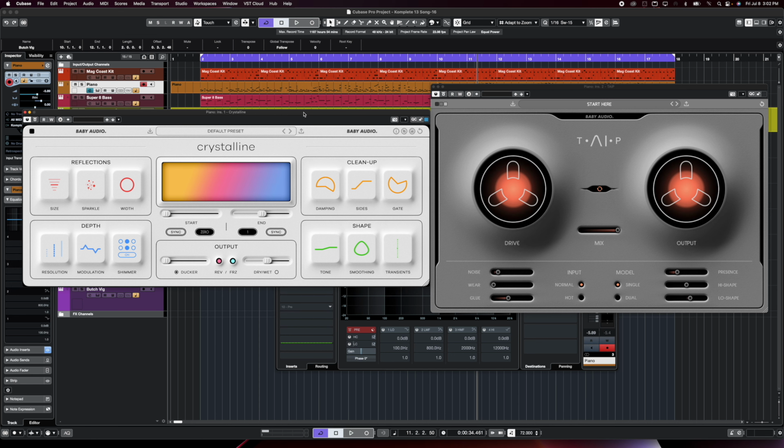Quick video today on two plugins by Baby Audio. I've never done any reviews or videos on Baby Audio stuff, but I've always been quite intrigued by them. I saw a great video by Sanjay C where he talks about the Smooth Operator, and that plugin looks really great for vocals, so definitely check out that video. But in this video, I just want to do a quick overview of the reverb, Crystalline, and this tape effect,